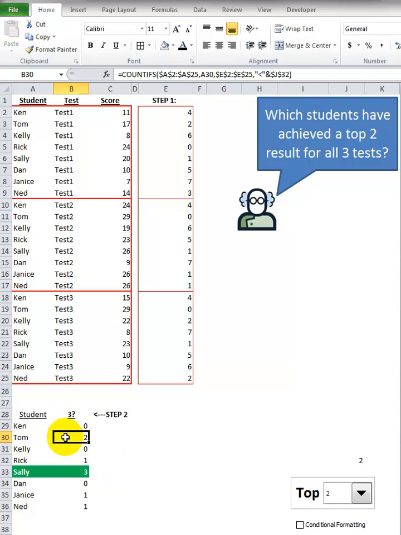Tom is there twice, but not 3 times. So if we look at Tom, he has a 29. Here he's the first, so he qualifies for this one. Here we look at Tom again. He also has the top score, but up here he does not have one of the top 2 scores because